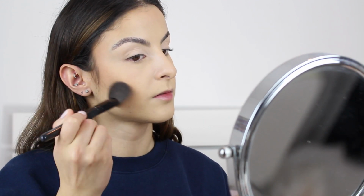For the transition shade, this time I'm going to go in with my bronzer. I'm going to bronze up the face and use it as a transition shade, and I'm hoping that it's just going to all melt and blend in together. First I'm going to bronze the rest of my face. I know this is a weird order of how I'm doing things, but